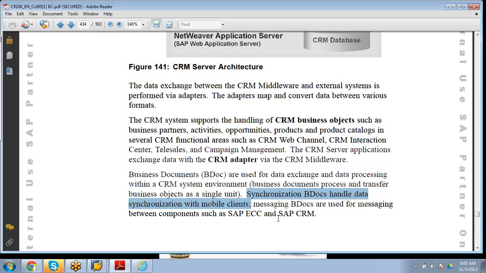One is SBDoc, the other is called MBDoc. Small s BDoc, small m BDoc. Messaging BDocs are used for messaging between the components, and synchronizing BDocs handle data for the synchronization between mobile clients, because a lot of information will be collected during the mobile process.